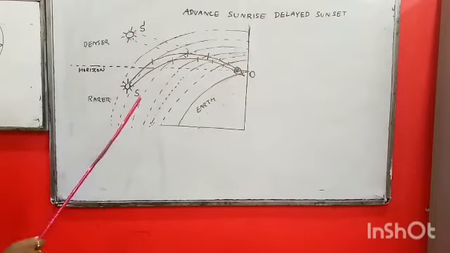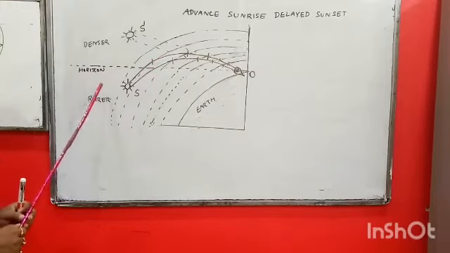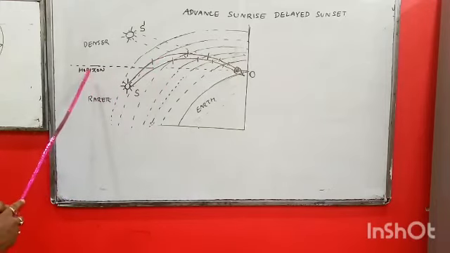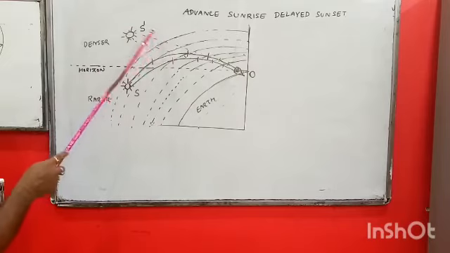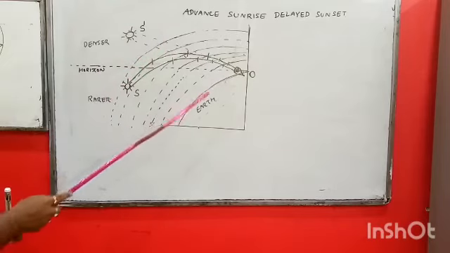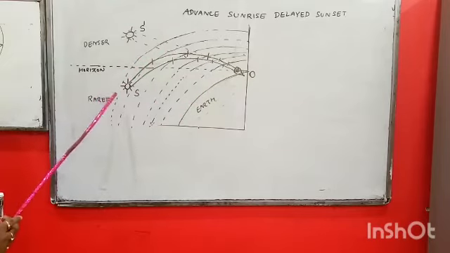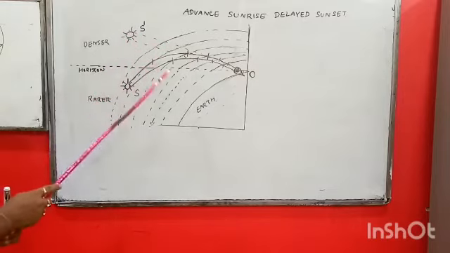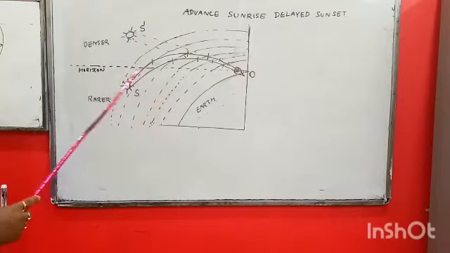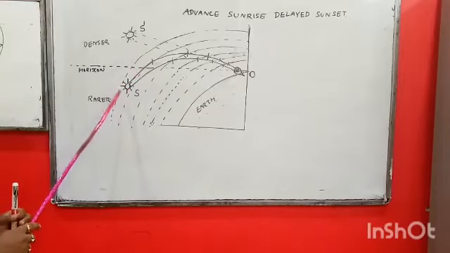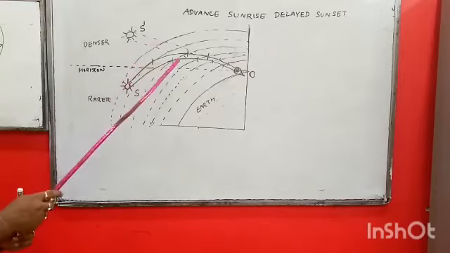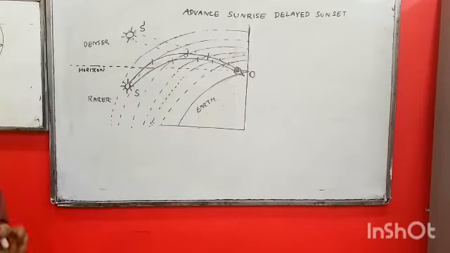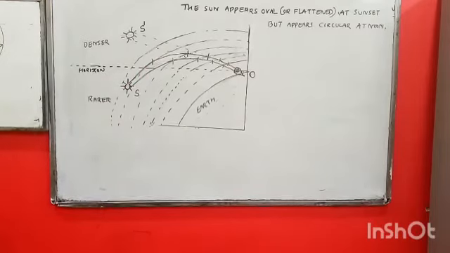Therefore, in the morning, below the horizon, he can see the sun from S dash. And in the evening also, the sun has already set, and the observer can see the sun again here. So the length of the day increases by 4 minutes: 2 minutes earlier in the morning, and 2 minutes late in the evening. Okay. So we have covered this optical phenomenon. Our last topic is this.